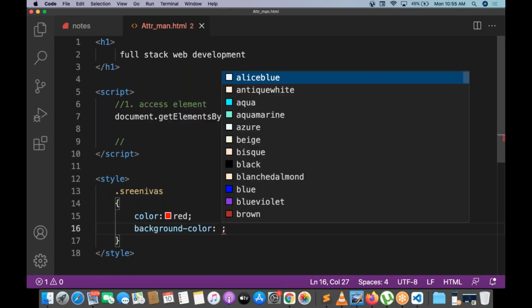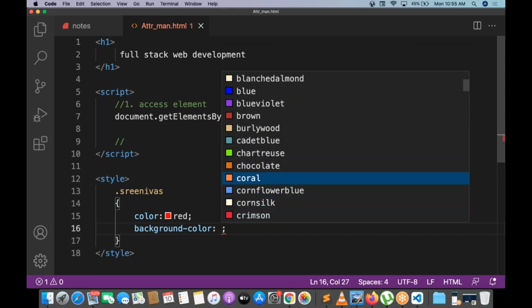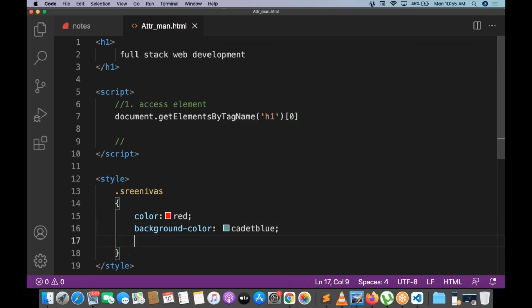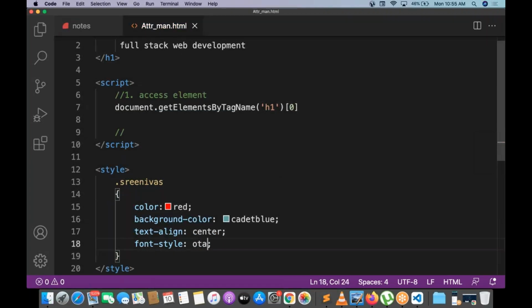Background color, which is going to be, let me go with this one. Then text align center. Font style italic. I'm writing some class. What I want to do is apply this class to h1.